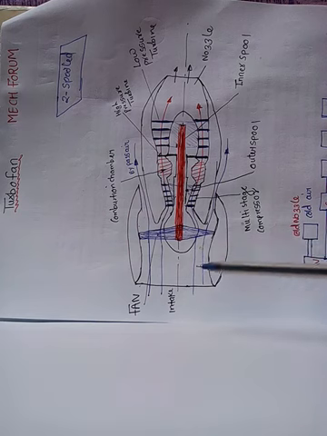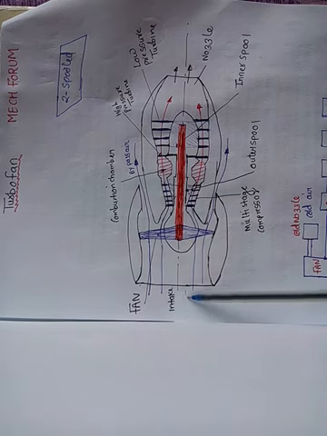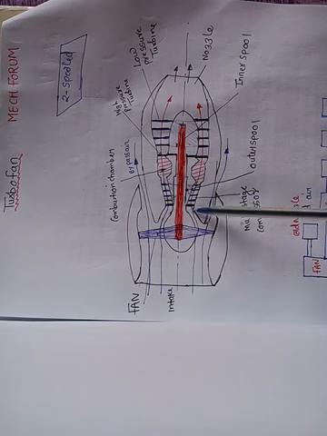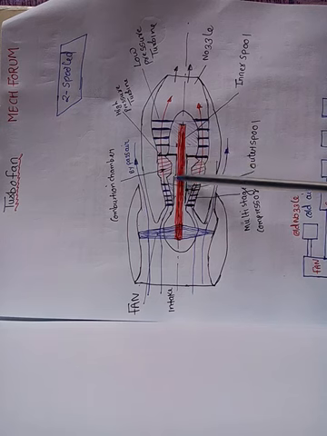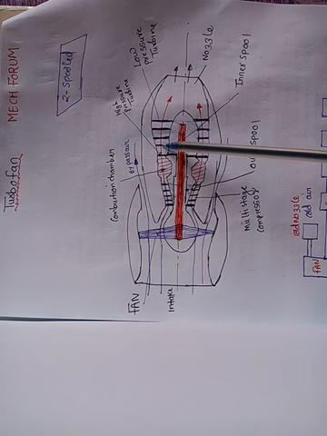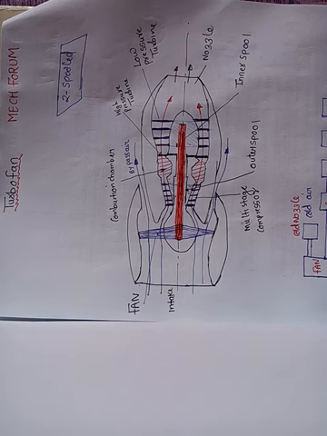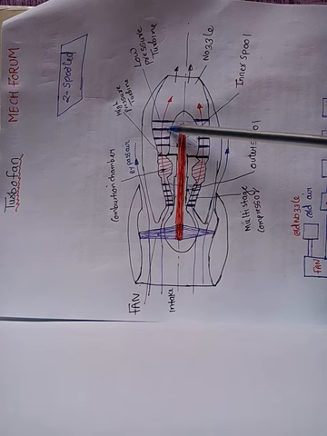This section is an intake section. We can call this intake a diffuser also. Second, we have the fan. Third, we have this section, which is nothing but your multi-stage compressor. This section is your combustion chamber. This is your high pressure turbine, and this is your low pressure turbine. Clear? And this is your nozzle. This construction is similar to that of the turbofan that is a single spool. The only thing is that we have a high pressure turbine and a low pressure turbine.